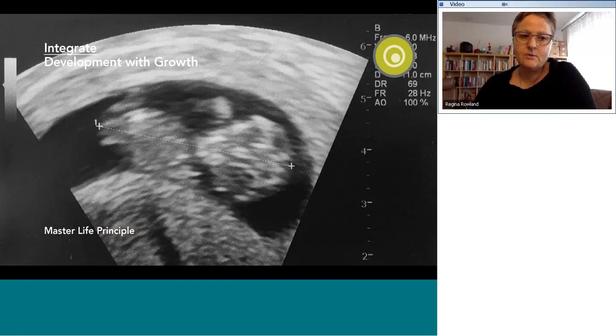Integrate development with growth. So this is obviously a picture of an embryo in a mother's womb. It's actually my grandbaby. She is now 1 year old. But the idea here is that nature doesn't build a body and then put a brain into it. It actually builds a part of the body and then the neural pathways to do something with that part. Let's just imagine